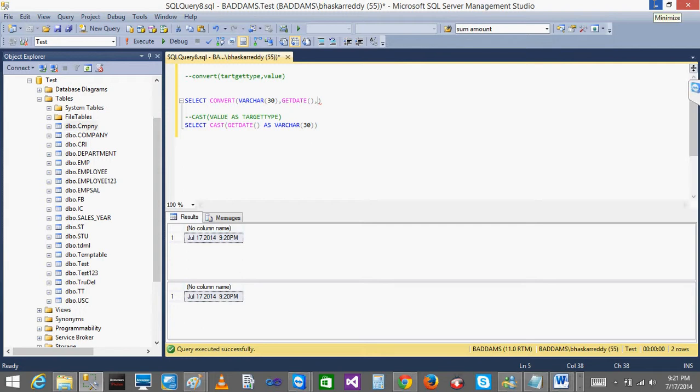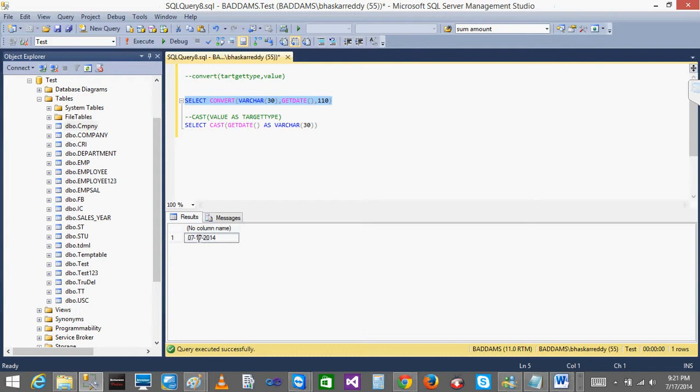If I want to see the datetimes in different formats, when I give 110, what will be the output? See, it is showing only this. If I give 100, then it will show a different value. If I give 101, then it will show something different.